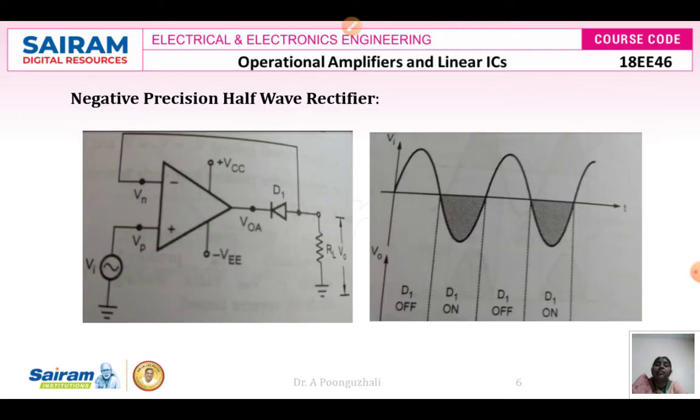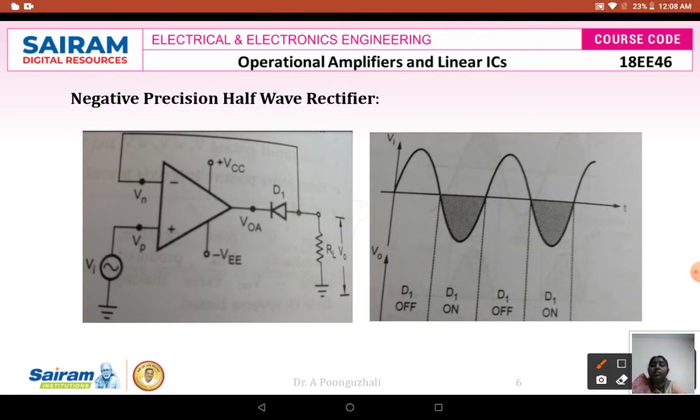So here is your negative precision half-wave rectifier, just the reverse of it. So here in this case, if the input is positive, you are going to have here a positive voltage because it is the non-inverting terminal. So positive means positive is connected to negative. So when it is connected to negative, this diode is in the reverse bias state. So it will act like an open switch, and there is going to be no closed path. Your output is going to be 0. So during the positive cycle, there is going to be no output there. So we can have here your 0 output.